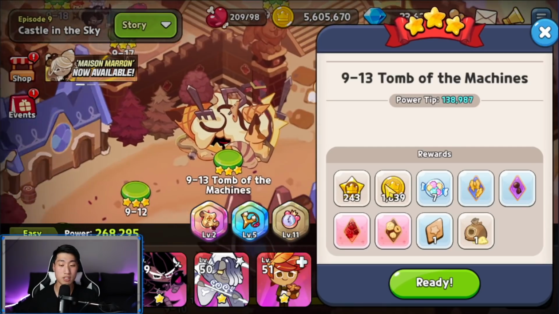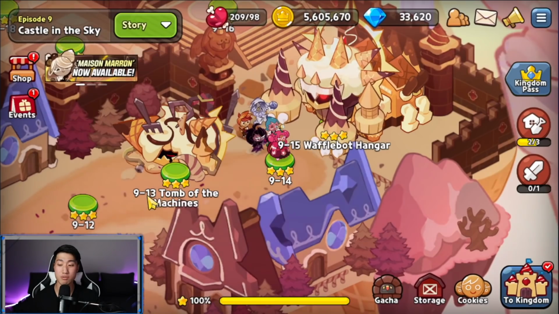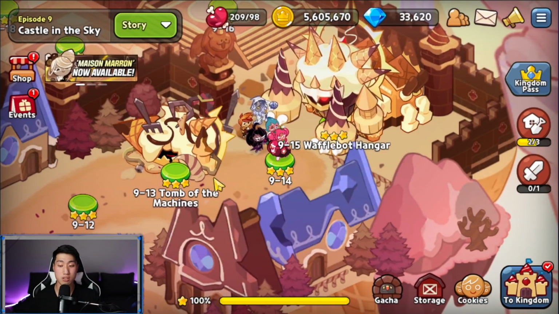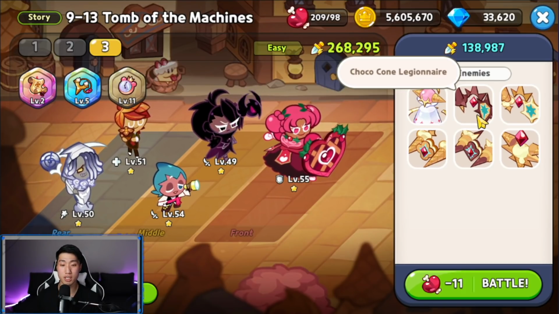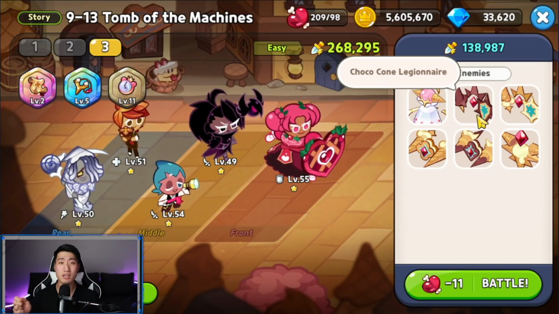So first of all, I'm going to go over 9-13/14. I'm going to do 14 because 14 is a little bit harder. Actually, let's do 13, because 13 actually has these Choco Cone Legionnaires. So when it comes to versing the Choco Cone Legionnaires, the most important thing, honestly, I'll have to say